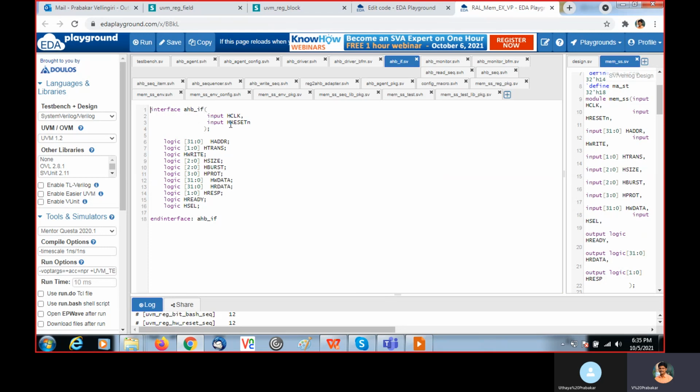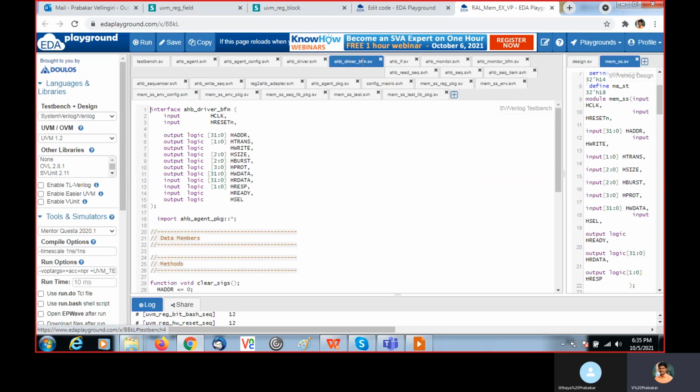The clock and reset we are generating from the test bench, and we are receiving them here. The remaining signals we are going to use in the DUT should be declared as logic here. Then here we are declaring the AHB driver BFM, bus functional model.